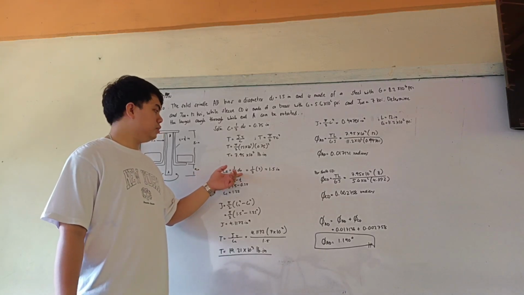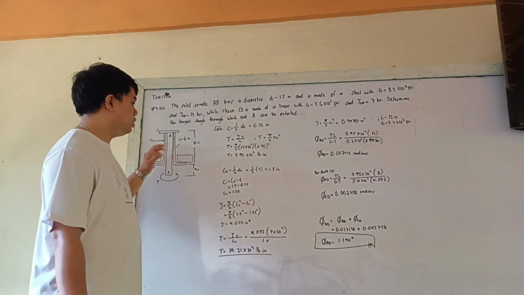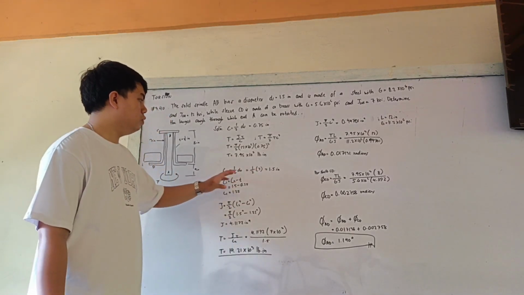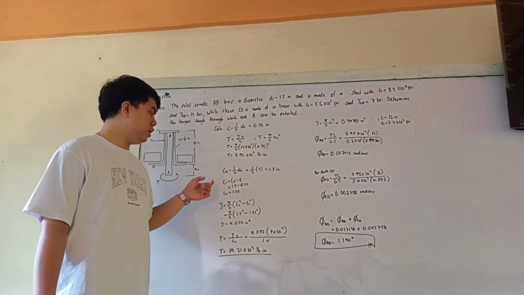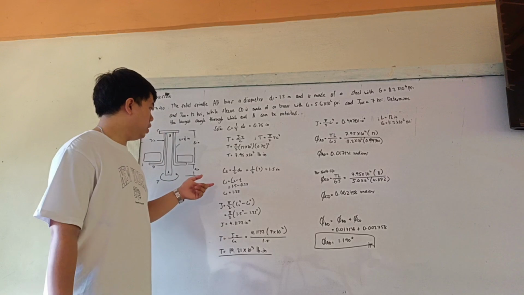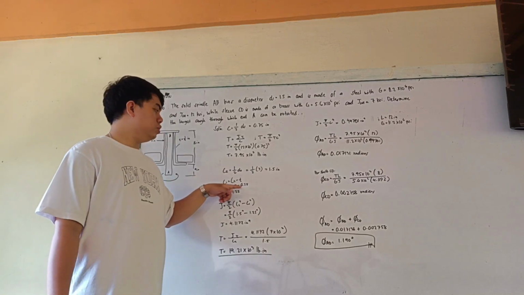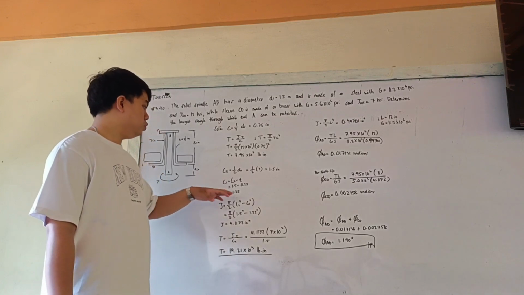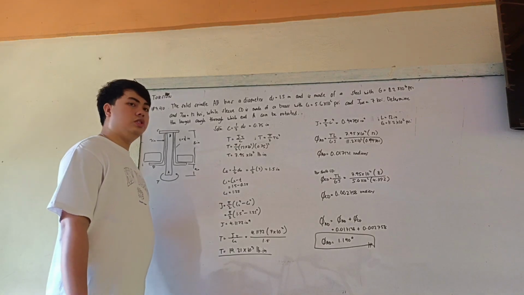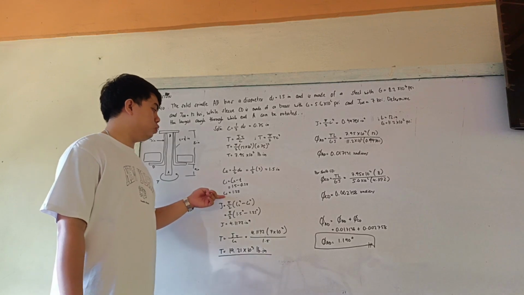C2 is 1/2 times DO, the outer diameter. So this is our outer diameter, 3 inches. So 1/2 times 3 inches is equal to 1.5 inches. So we have C2, so we can solve for C1. Simply, C1 is equal to C2 minus t. So C1 is equal to 1.5 minus 0.25. So why is it 0.25? It's because our t is 1/4 inches or 0.25 inches. So our C1 now is 1.25.